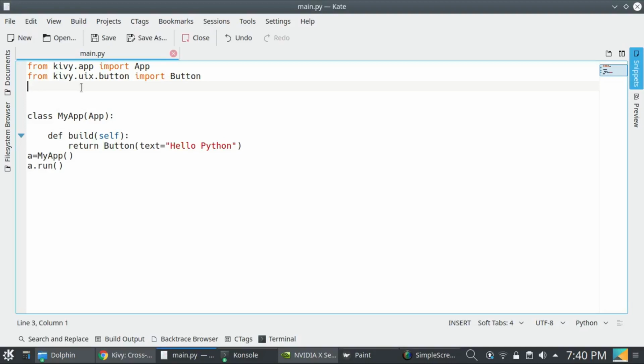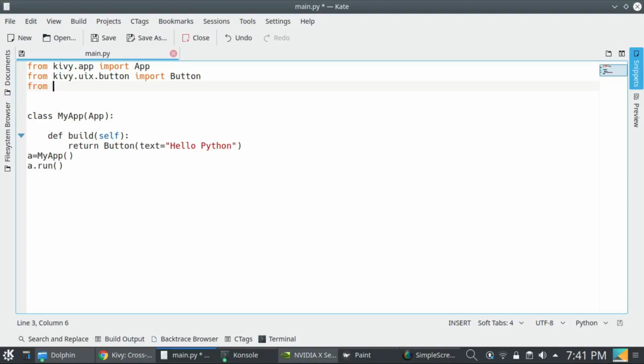So let's define our own widget tree. To do this, I have to call a box layout.